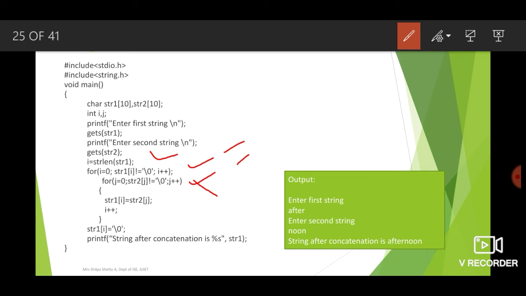So that is the reason why we find the length of the string. That is one way, or the next statement is also the same. We will take i as 0 till str1[i] is not equal to the null character. So the condition will be false only when the i value reaches 5, because from 0 to 4 there are characters A, F, T, E, R, and at the 5th index there will not be any character, so the for loop will terminate. The for loop is not doing anything there, it will simply terminate.